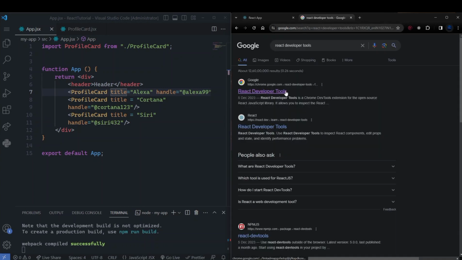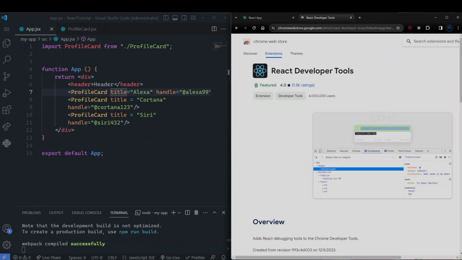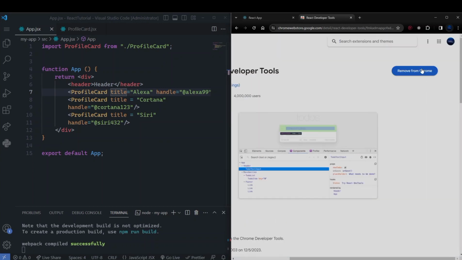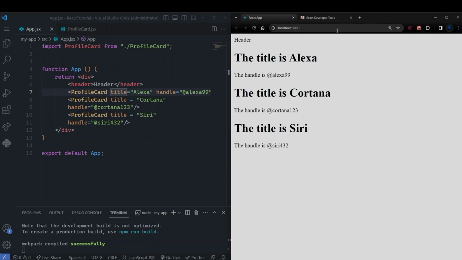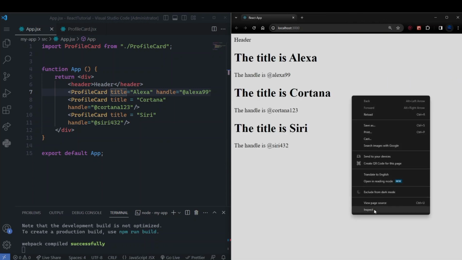Now first of all, if you haven't downloaded it, you have to download it and add it to your Chrome browser. There should be a button called add to Chrome and you have to click on it, and then it will add this tool in your browser. So now what this tool does is,